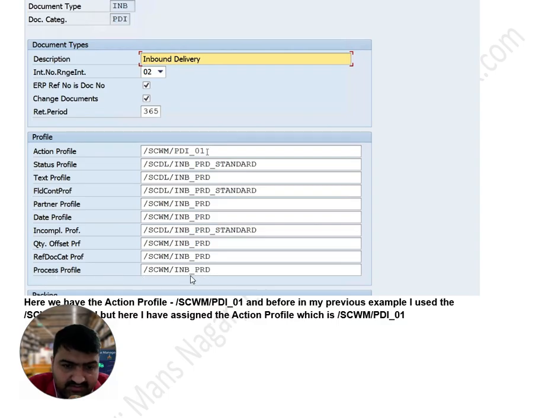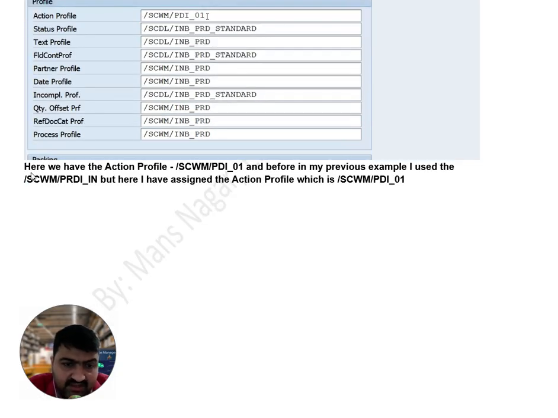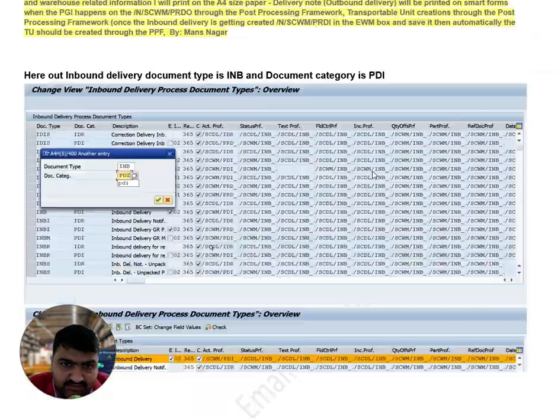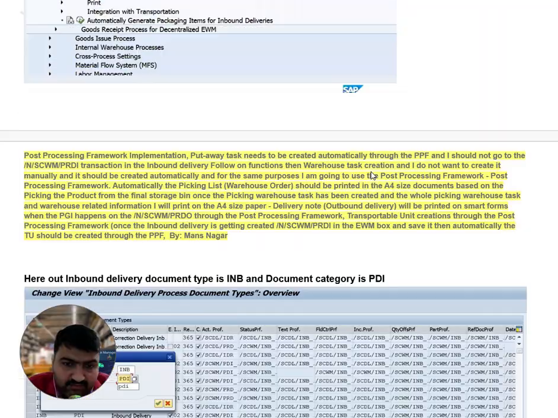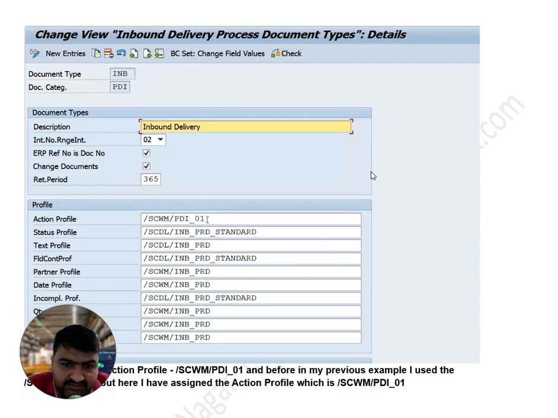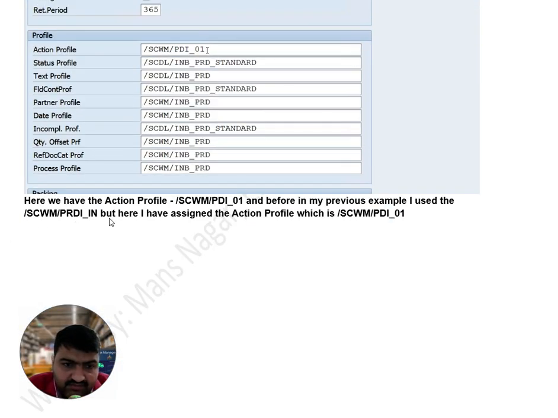Process profile, inbound delivery PRD standard. Okay, status. Here we have the action profile PDI01. And before, in my previous example, I showed this more above, where I mentioned that I assigned this PDI to PDI01.